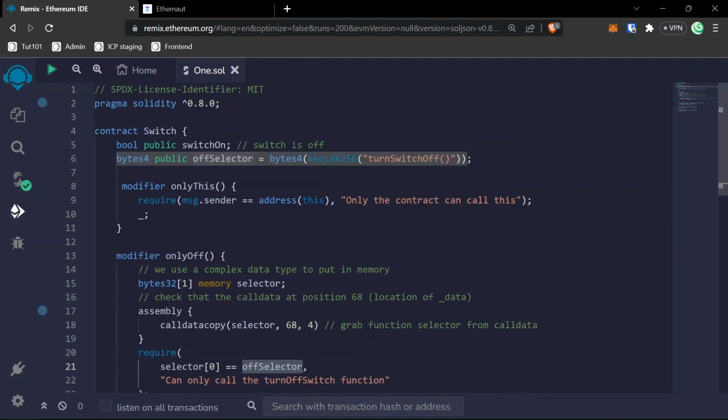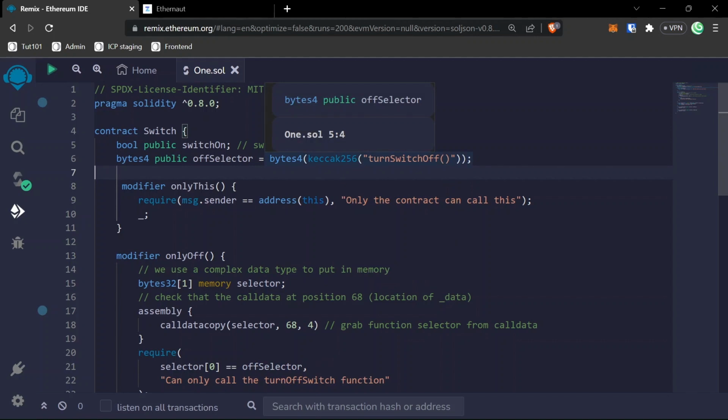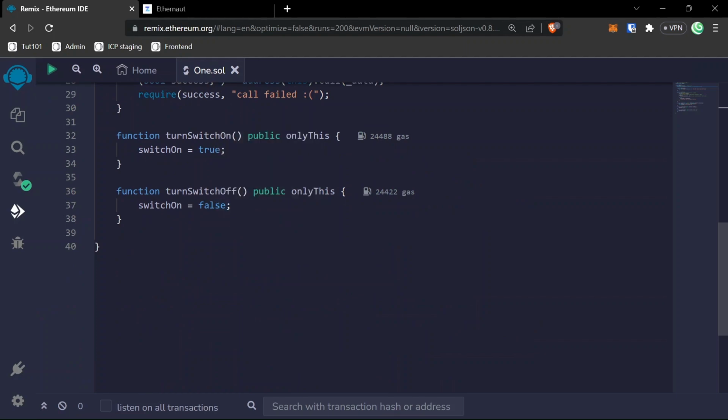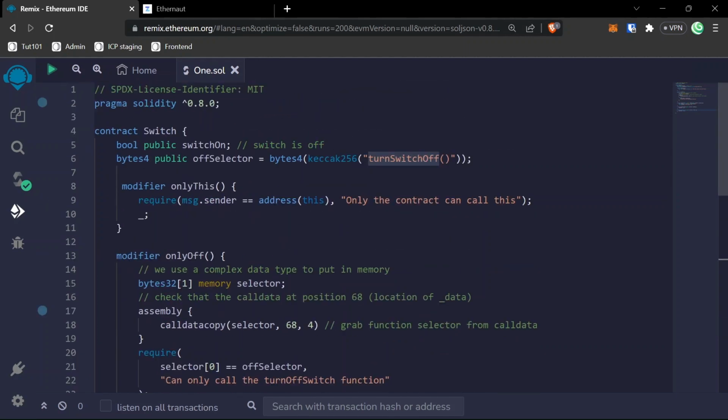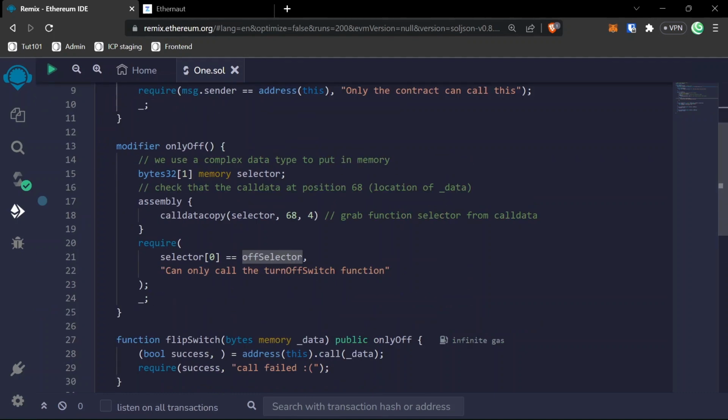So if we look at the off selector, it is actually the bytes4 of the hashing function of turn switch off. So the turn switch off is this function which turns the switch to false, and we are loading the function selector of this function here, and our call data which we have copied should be equal